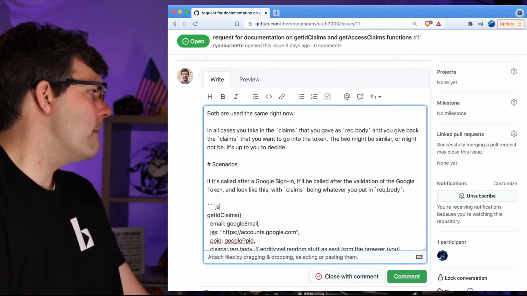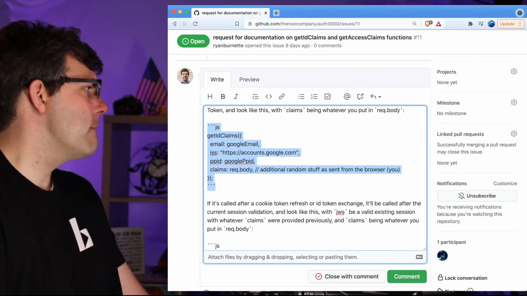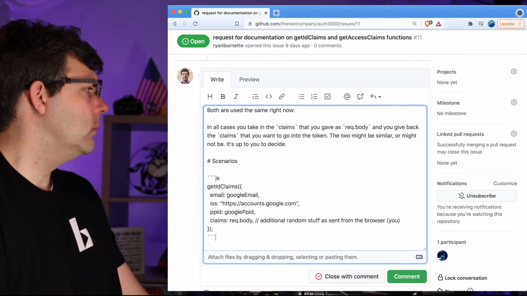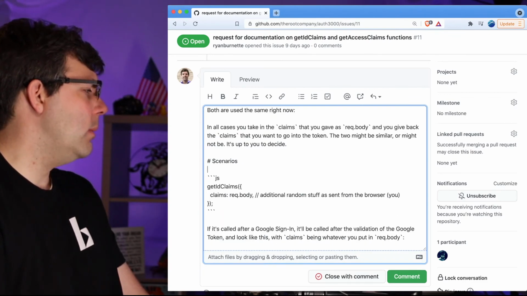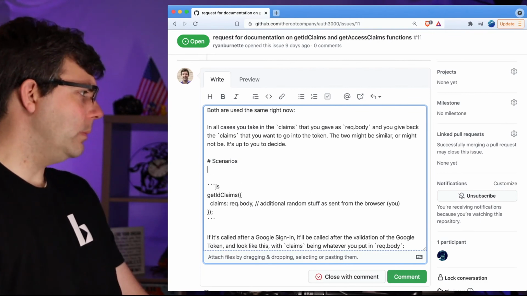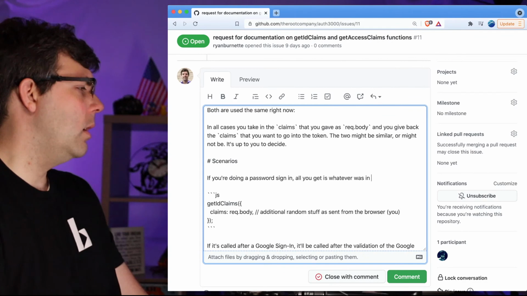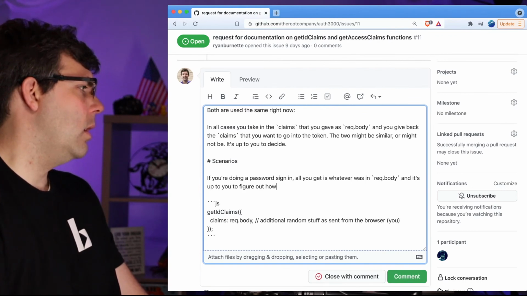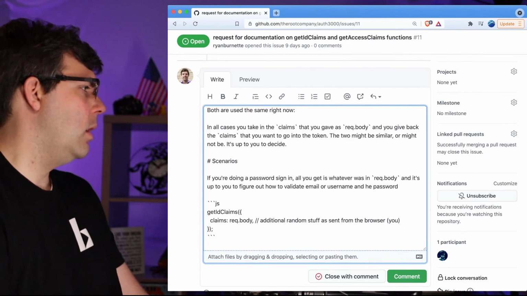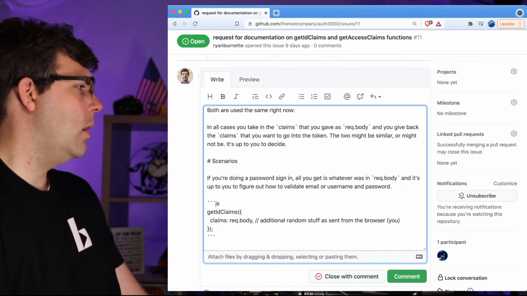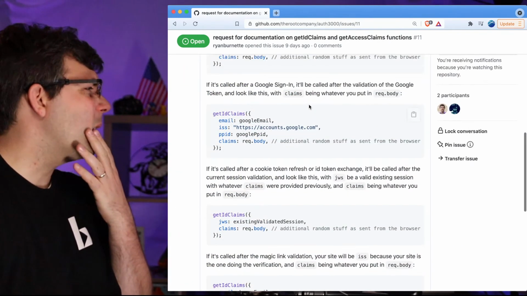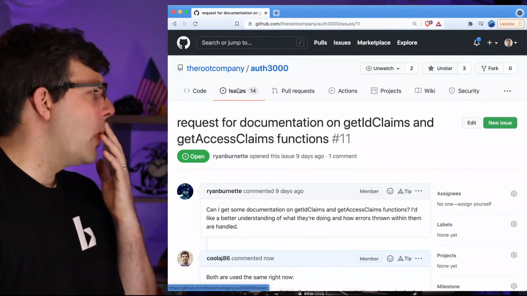Scenarios. Yeah, this would be a good one to start with, because this was documented slightly incorrectly. Okay, I think that's decent documentation, and that's good to have. All right,